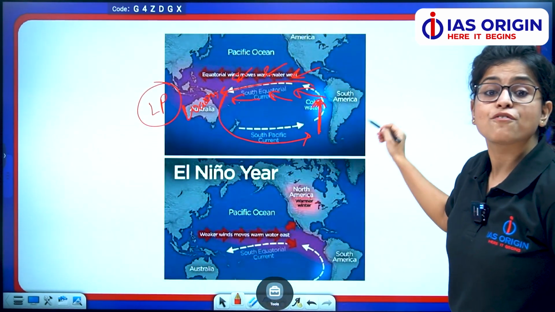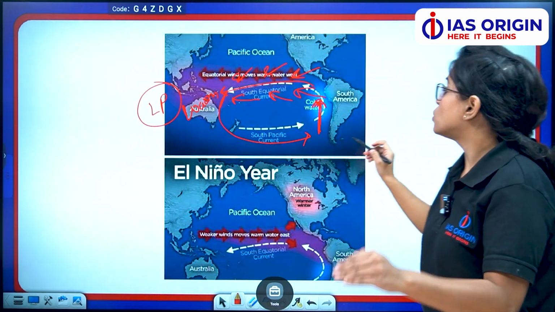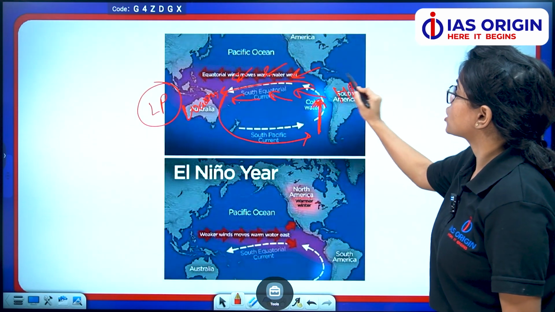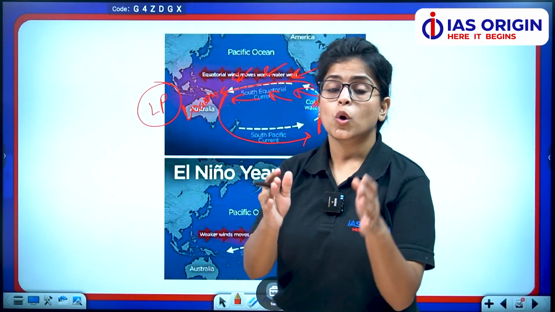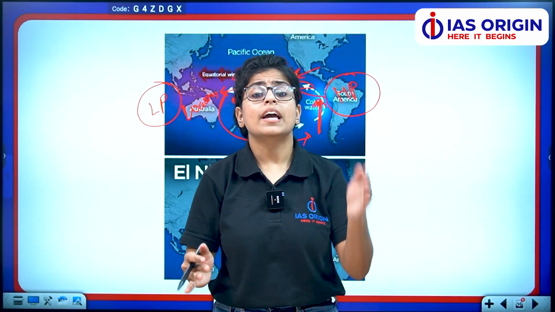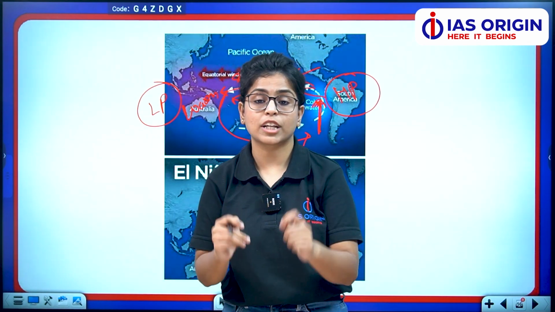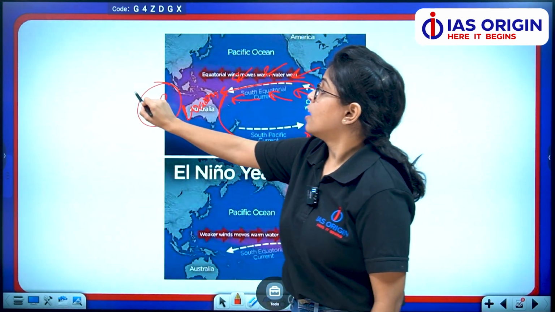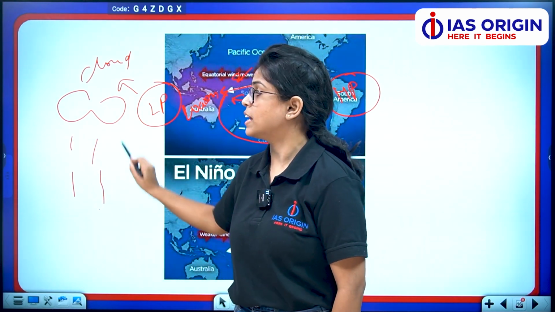And here, because of upwelling, the temperature drops, and due to the cold weather condition a high pressure is created over South America. Now as you all know, low pressure means air will rise, cloud formation will happen, and cloud formation leads to precipitation. So over Australia, low pressure leads to cloud formation and this leads to rain in the